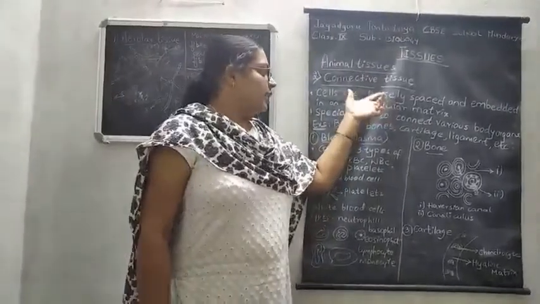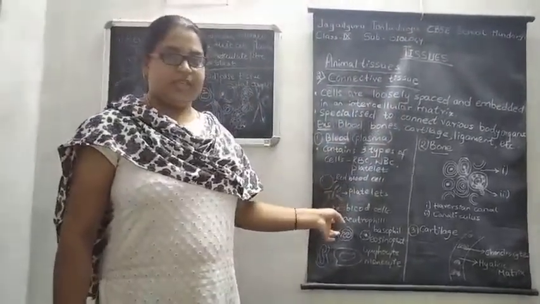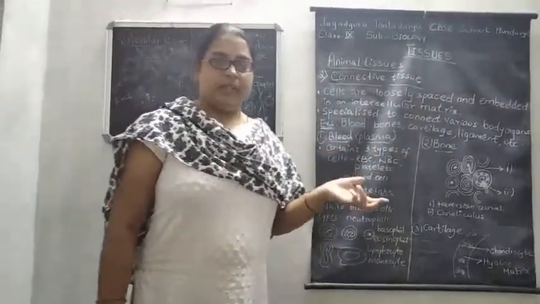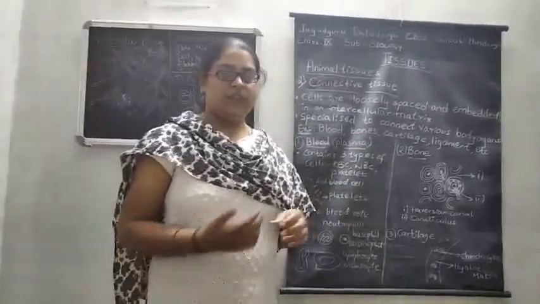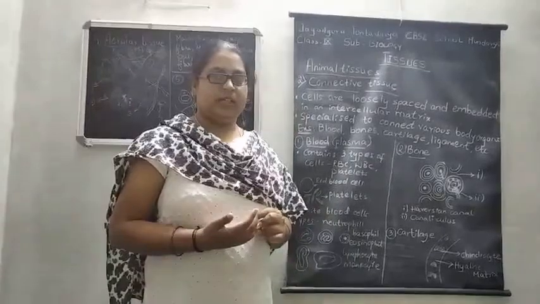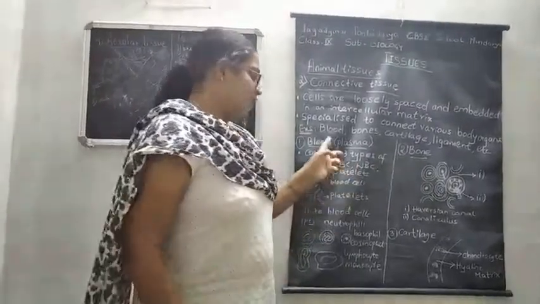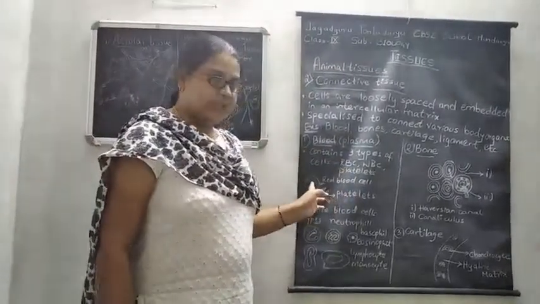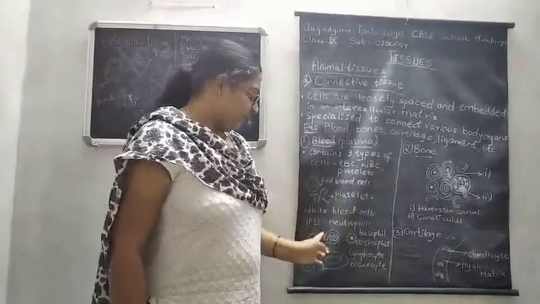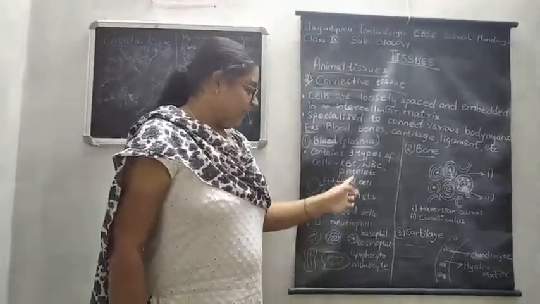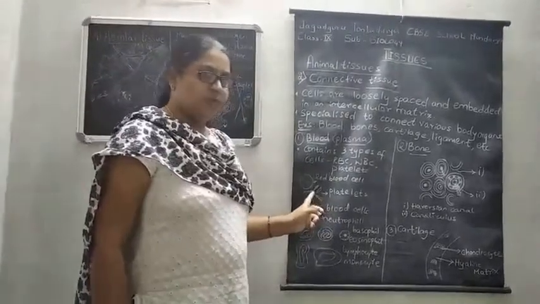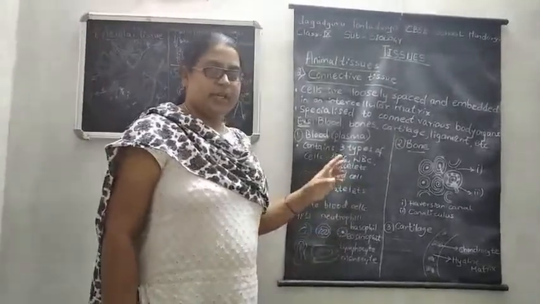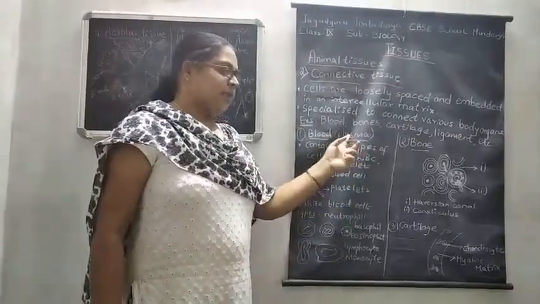In this connective tissue, the cells are arranged in different ways depending on the type of matrix. If the matrix is a liquid material, for example blood, when we generally see blood it is made up of a red colored liquid material, but there are different types of cells in that. Those cells include red blood cells, which are spherical in shape, white blood cells, which have different shapes, and platelets, which are pointed, granule-like structures.